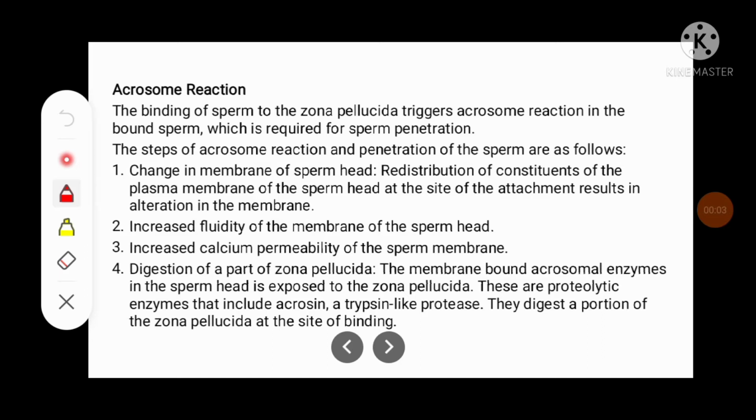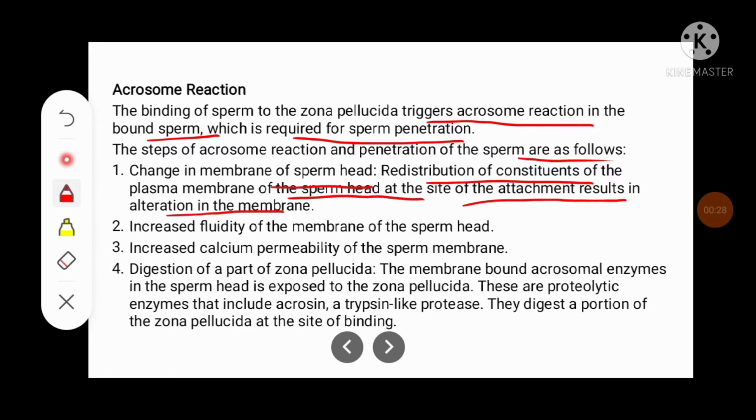Acrosome reaction. The binding of a sperm to zona pellucida triggers acrosome reaction in the bound sperm, which is required for sperm penetration. The steps of acrosome reaction and penetration of the sperm are as follows. First, there will be change in the membrane of the sperm head, that is, redistribution of the constituents of the plasma membrane of the sperm head at the site of attachment results in alteration in the membrane. Then increase in the fluidity of the membrane of the sperm head, then increased calcium permeability of the sperm membrane,